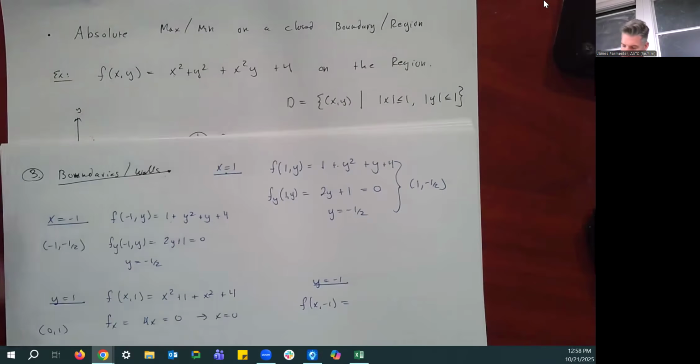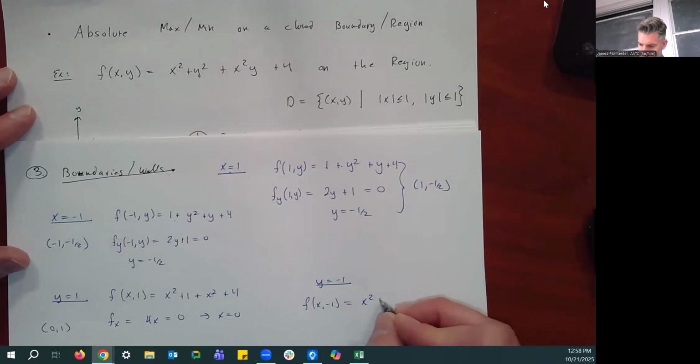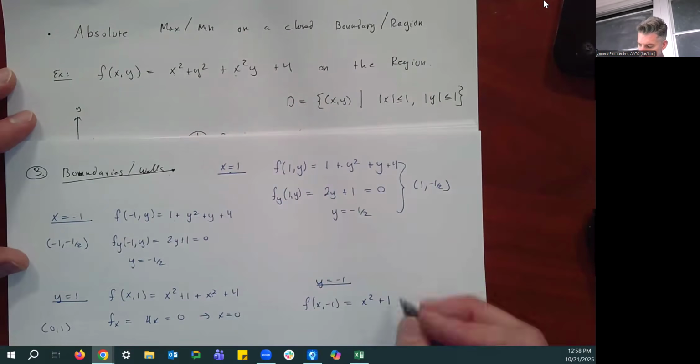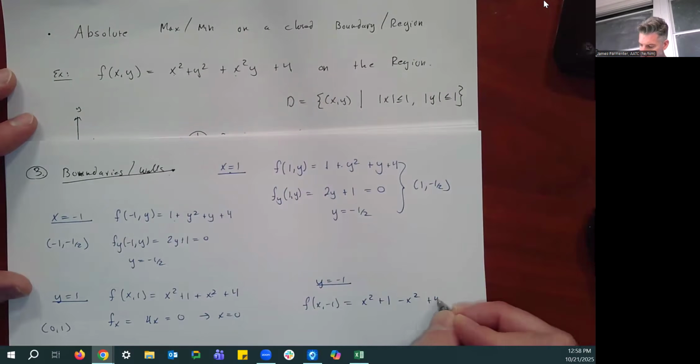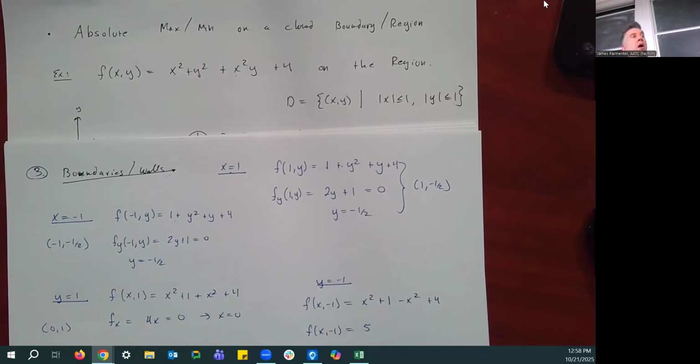But if I plug in, let's see, I'm going to get x squared plus 1. X squared times y is going to be negative x squared plus 4. And if I simplify this, I get f of x comma negative 1 is equal to 5. The x squareds cancel, and my partial derivative is definitely going to be 0, which means there isn't any solution, right? Or another way to say this is